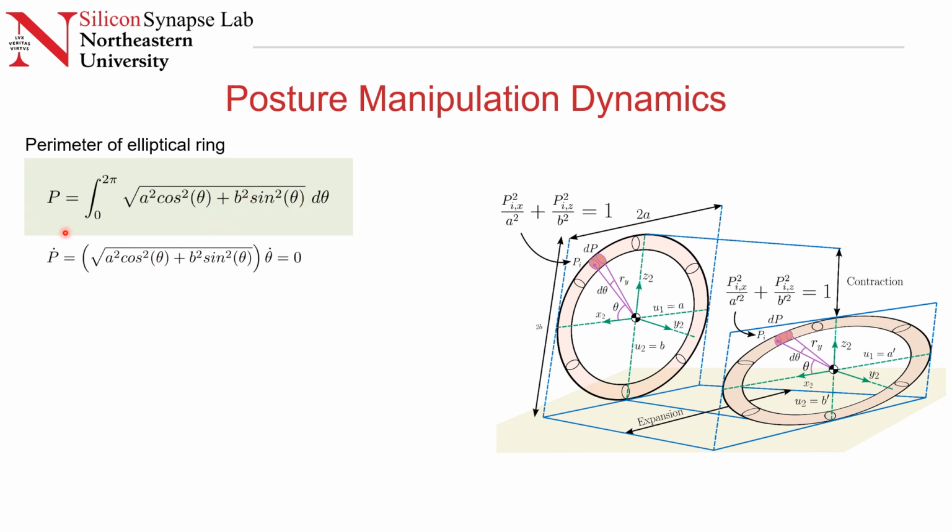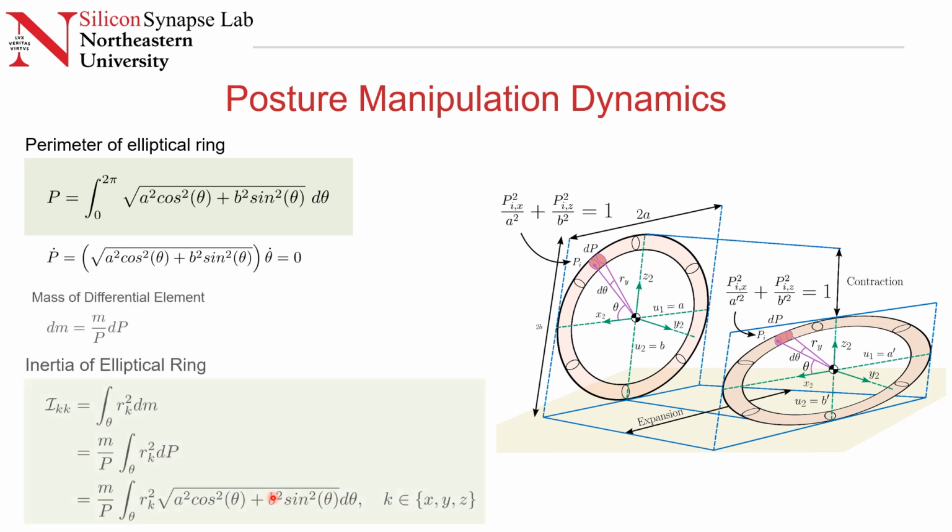Taking the differentiation of this, we get p dot equals the square root of a squared cos squared theta plus b squared sine squared theta times theta dot, which, given that the perimeter is fixed, must be 0. So this establishes a relationship between p dot and theta dot. And using that, we can define the relationship between our control inputs U1 and U2 and the overall inertia